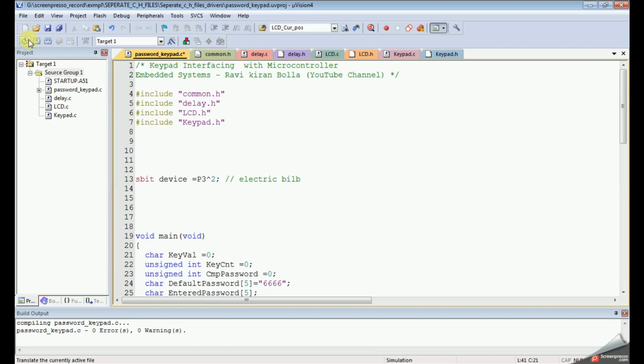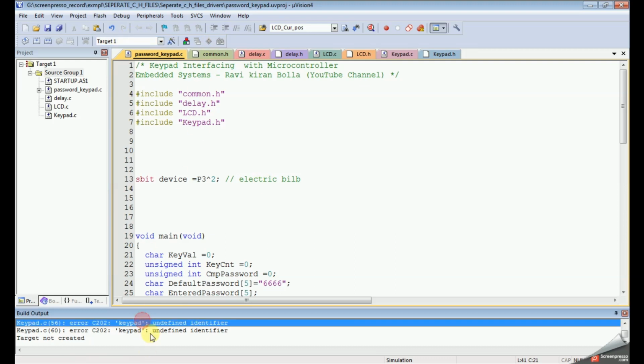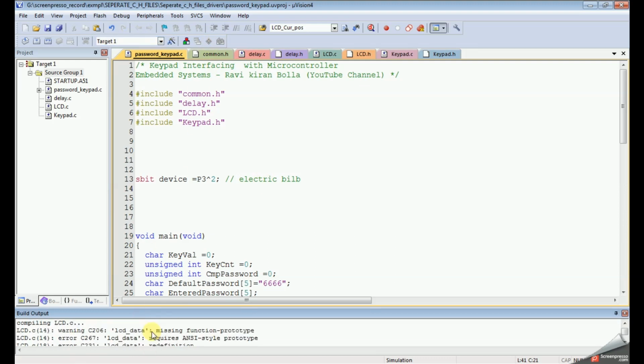So let me give compile. 0 errors, 0 warnings, build it. So there is a problem, let me solve this.